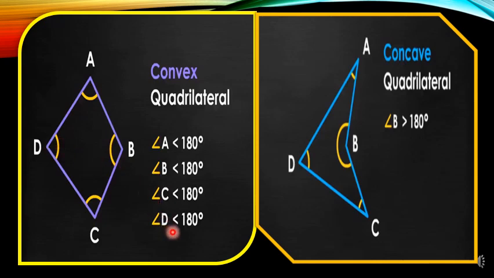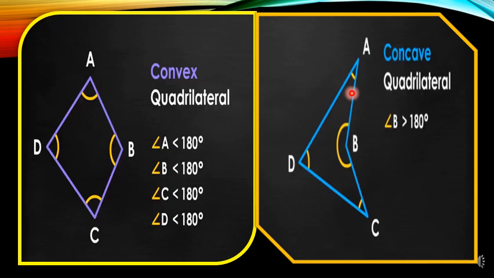All of you know how 180 degree looks. It will be a straight line. So it is very clear in the diagram that all these are less than 180 degree each. So if a quadrilateral has all the interior angles less than 180 degree each, then it is called a convex quadrilateral. And here, if you observe the concave quadrilateral, there are also 4 interior angles. But one angle, if you see, is greater than 180 degree. The remaining 3 angles are less than 180 degree. So such a quadrilateral is called a concave quadrilateral.